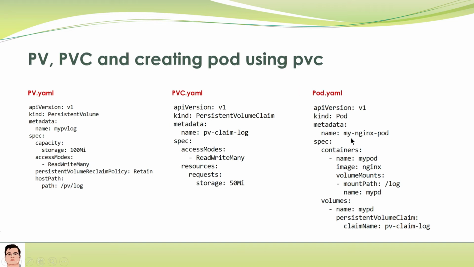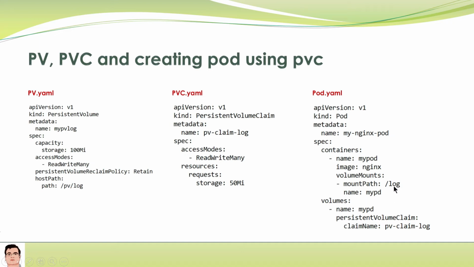In the pod creation, up to here, you already understand all the things. This is a simple pod creation, and here we have volumeMounts. This is the local path. We are mounting this to the volume with a claim. This is the claim that we are utilizing for the pod creation, and this claim has a one-to-one relation with this particular PV, which is storing all the information to this particular path.